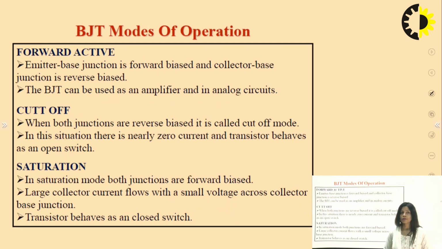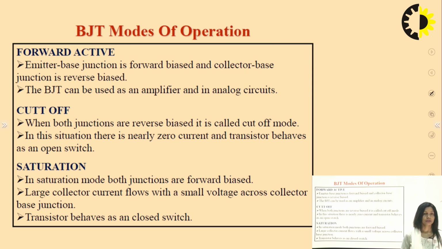Now, BJT modes of operation. When the emitter-base junction is forward bias and the collector-base junction is reverse bias, the transistor is working in active mode. Cutoff is when both junctions are reverse bias. And if both junctions are forward bias, the transistor goes into saturation, which means the current is conducting and the transistor is working as a closed switch, in the on operation. Whereas in the cutoff mode, the transistor is working as